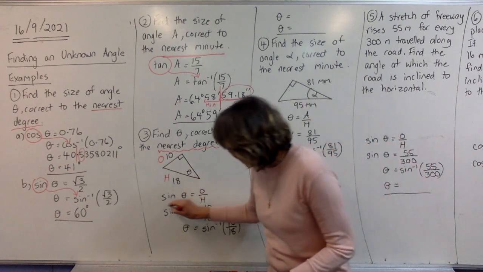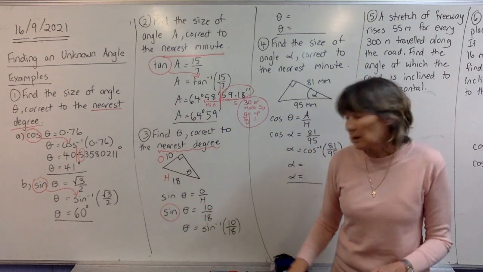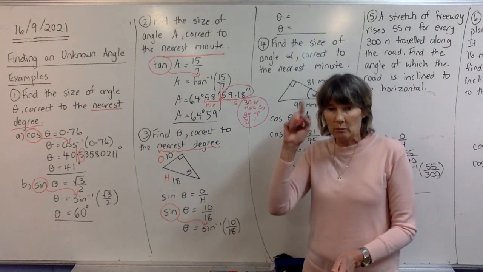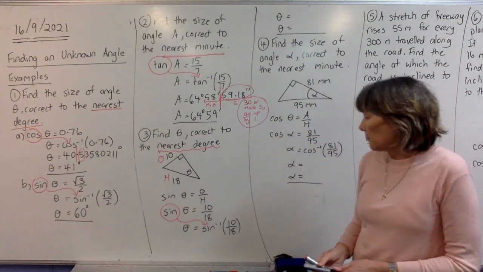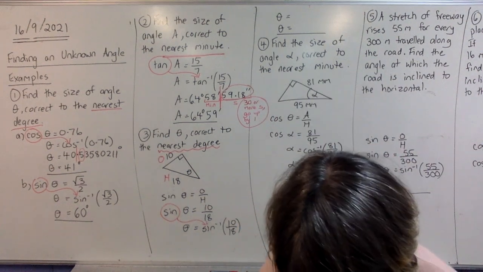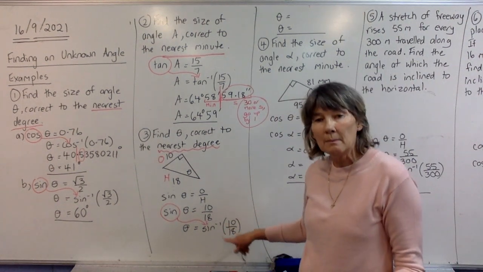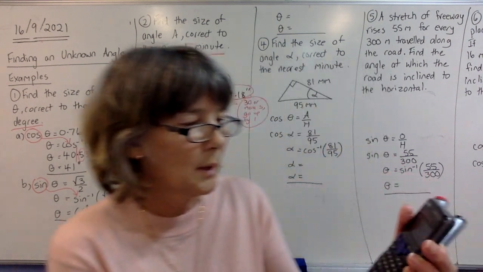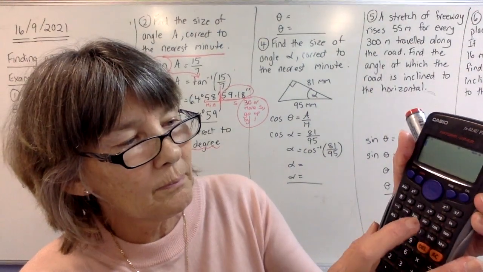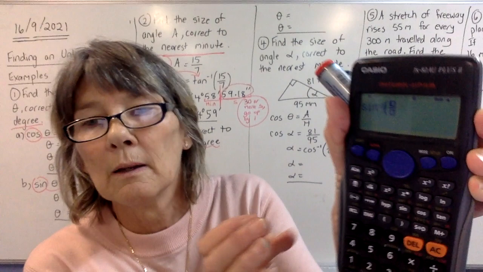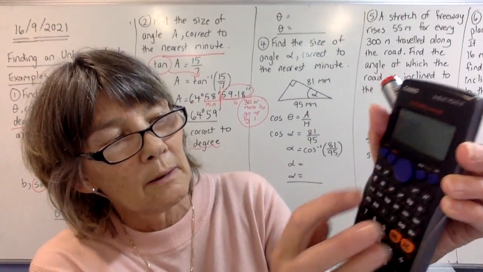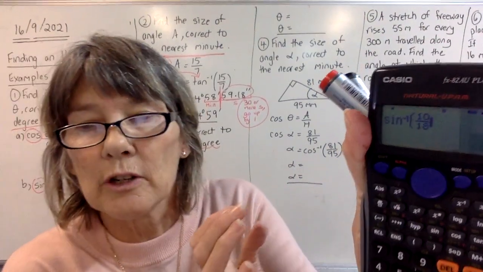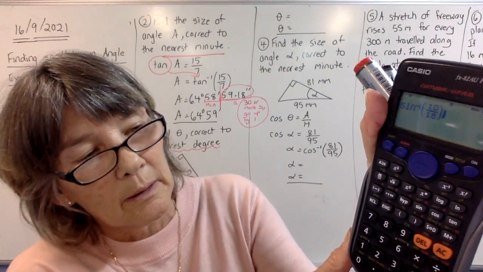Then remember what we did a minute ago. So we're getting rid of sine now so that theta can be by itself. From over here and do the opposite of sine, which is sine with a little minus 1 there. And then we're going to put that in our calculator and see what we get. So we're pressing shift sine, fraction key, 10 over 18. Let's see how we're going. And don't forget you've got to right arrow out of the fraction first, then close the bracket, and then press